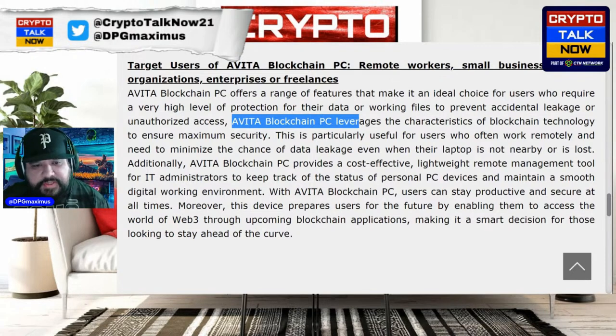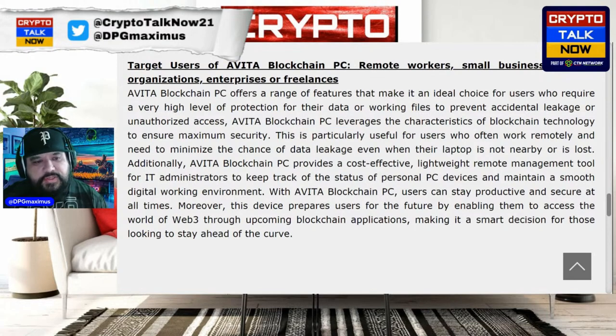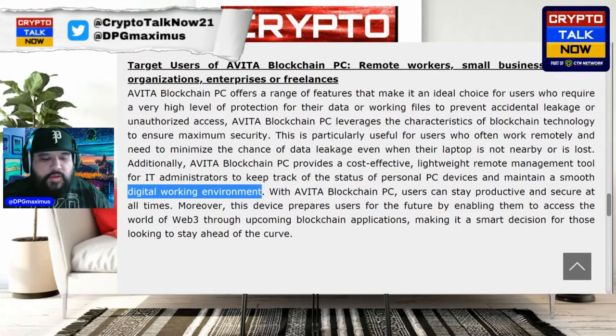Additionally, Avita Blockchain PC provides a cost-effective, lightweight remote management tool for IT administrators to keep track of the status of personal PC devices and maintain a smooth digital working environment. Now, here's one of the areas I want you guys to put a little focus on. Maybe you haven't watched some of the deep dives, and that's okay, but just know this. There's a company called Transcosmos, and they have a specific contract with Jasmy in regards to having their smart PCs, or secure PCs. I call it smart PCs. Secure PCs,